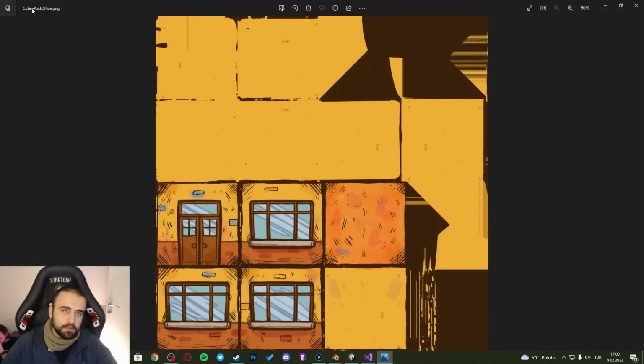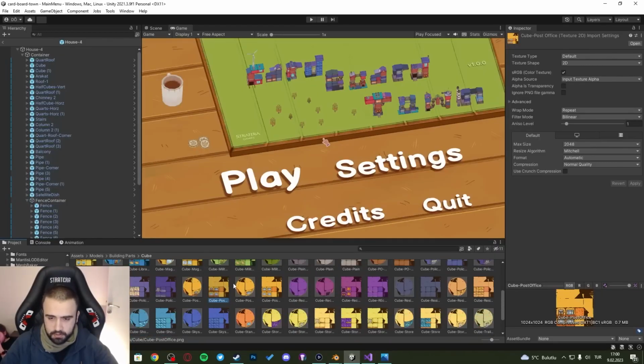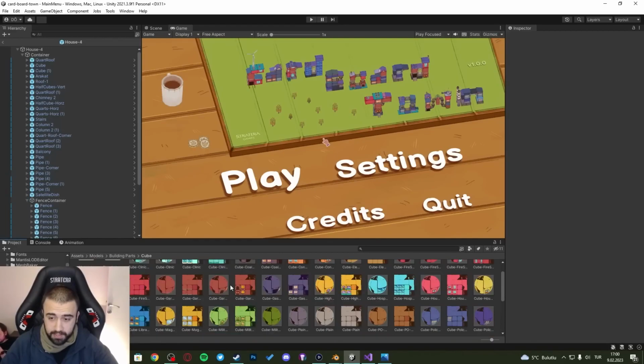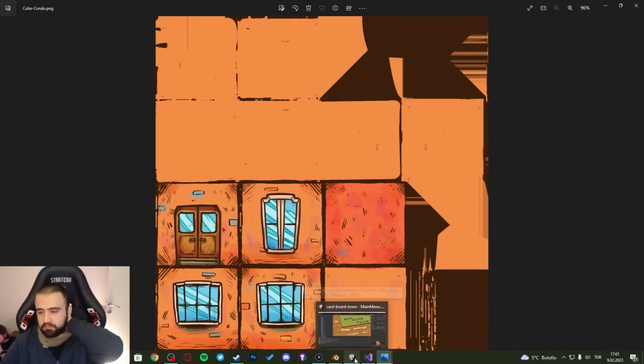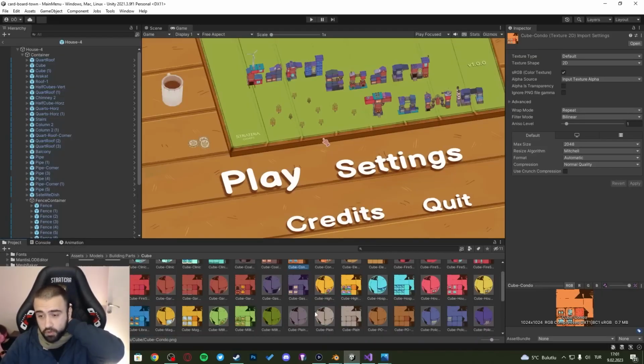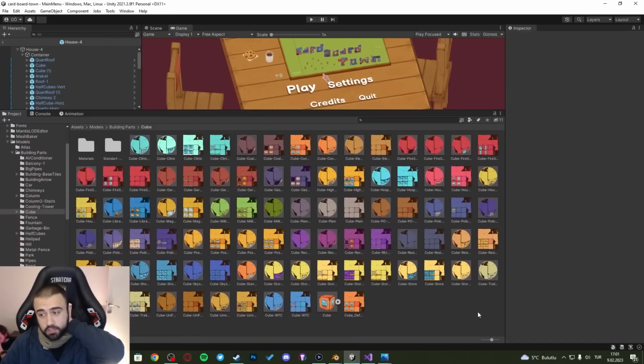For example, this is a post office cube consisting of a door and three windows, and I used that specifically for the post office and pretty much nothing else. This is a very basic cube. I use these pretty much on the population buildings and pretty much nowhere else, so that was a lot of work to do. As you can see, this is only the cube textures and materials I used for the game, and